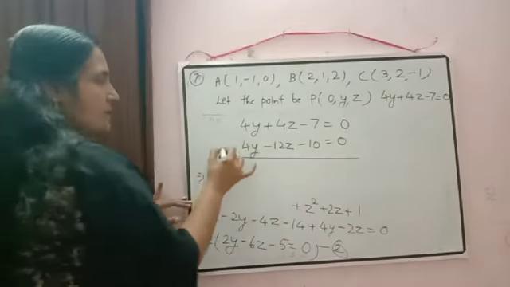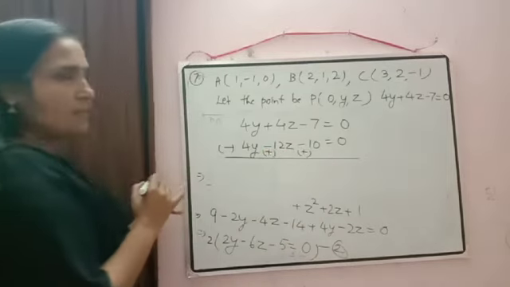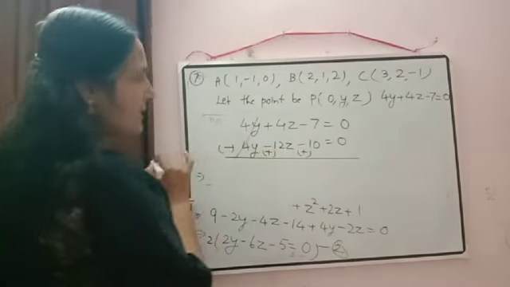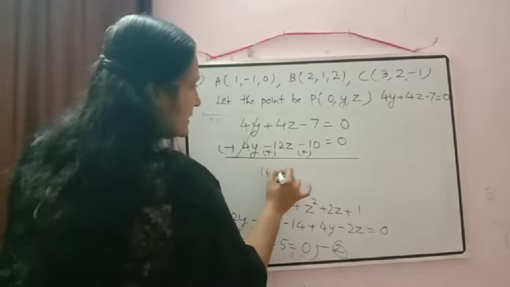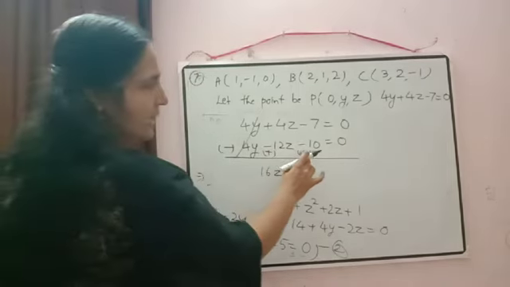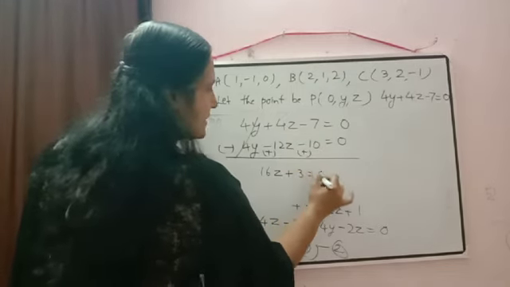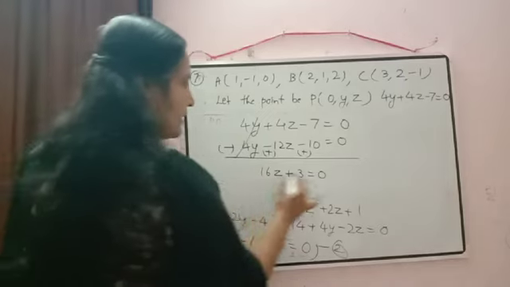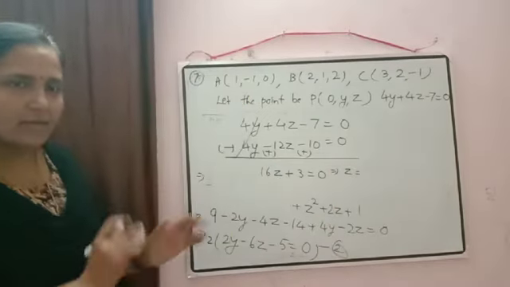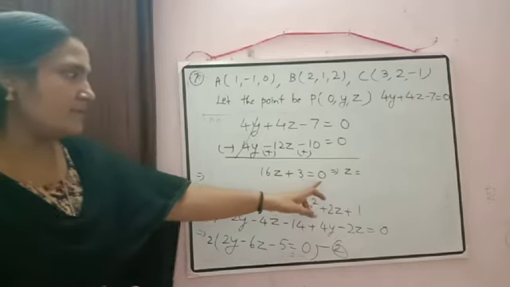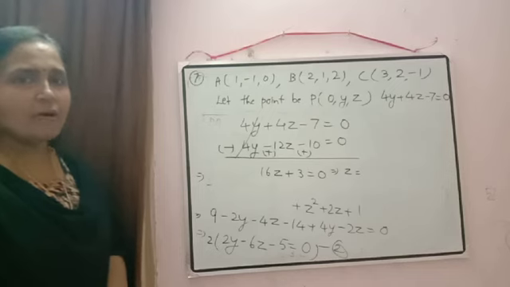Now what we will do? Yes, subtraction. Minus 4y here will become plus, and here also it will be plus. So the y term will get cancelled. 12 plus 4 will be equal to 16z. Here 10 minus 7, so that will come here, plus 3 is equal to 0. From here you will get the value of z. Just check, I think calculations are correct. Write down the value of z, and then you can calculate the value of y.